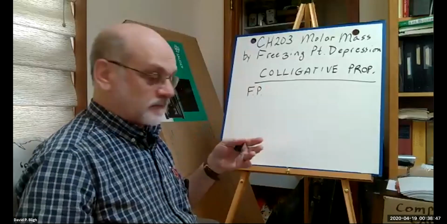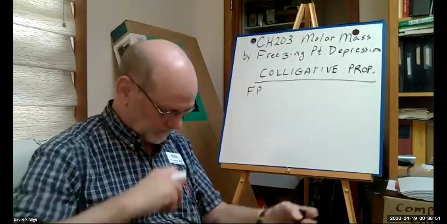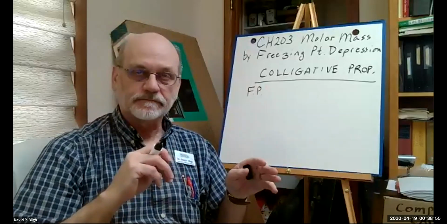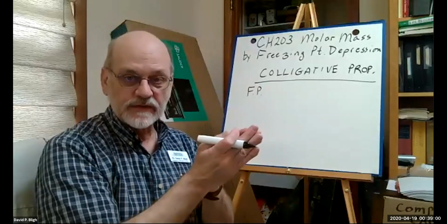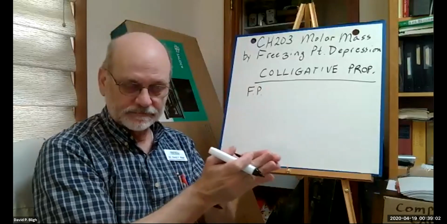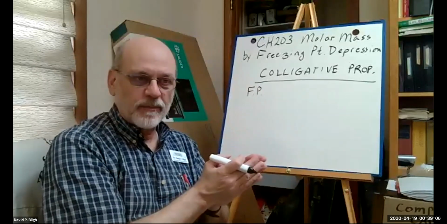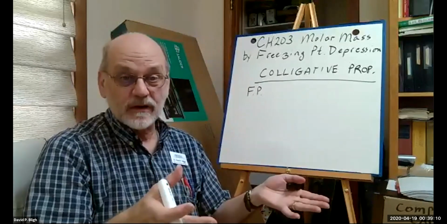Then we're going to add benzoic acid to it and do the experiment all over again and determine the freezing point for the lauric acid, benzoic acid solution. Now, what we mean by colligative property in this case is that it doesn't matter